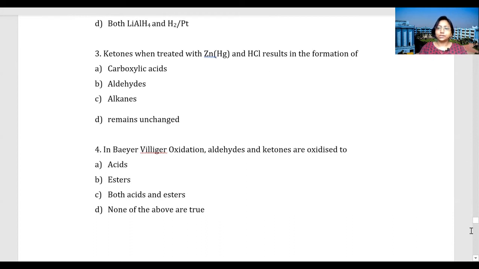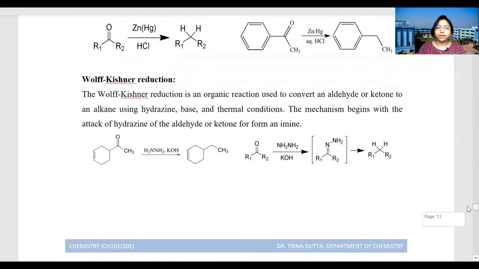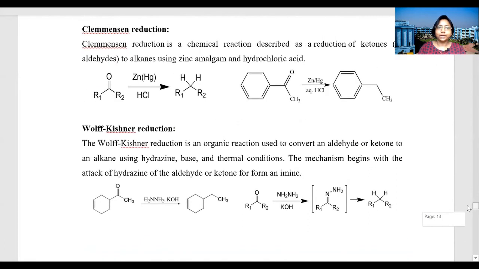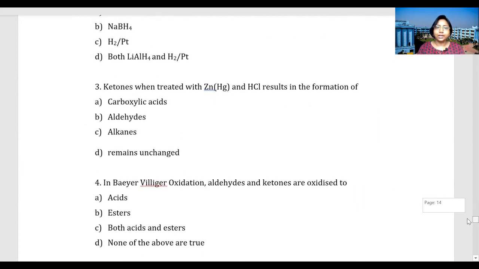So just see here, if we use zinc amalgam and HCl, what is the reaction called? It is the Clemmensen reduction. Okay, you got it. It is the reduction of ketone and aldehyde to alkane. So by Clemmensen reaction, we ultimately get alkane. So you can answer very easily,